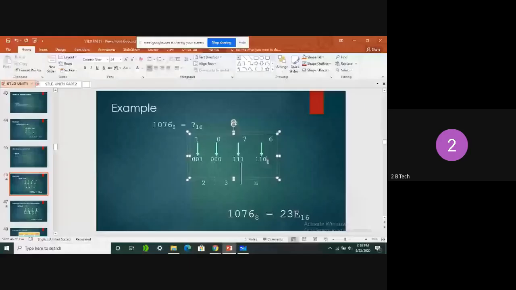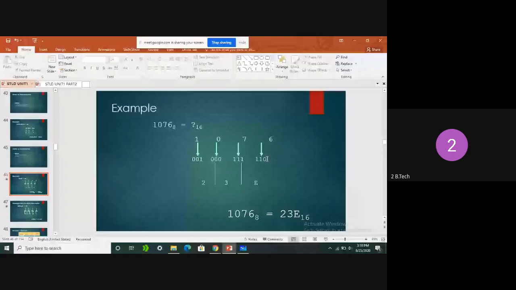110. Why? Because to represent each and every digit, we use only 3 bits, since it is an octal number that we are converting into binary. 2 power 3 is 8. So we need to take 3 bits only while converting octal to binary. But while converting binary to hexadecimal, we need to convert in groups of 4 digits. What are the 4 digits? 110 from 6 and 1 from 7.